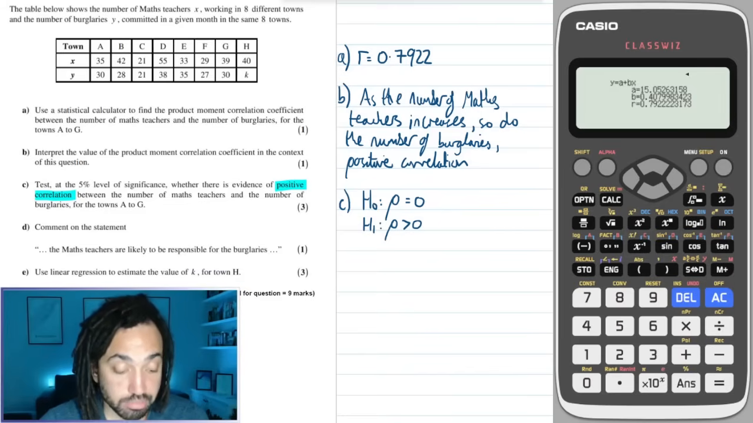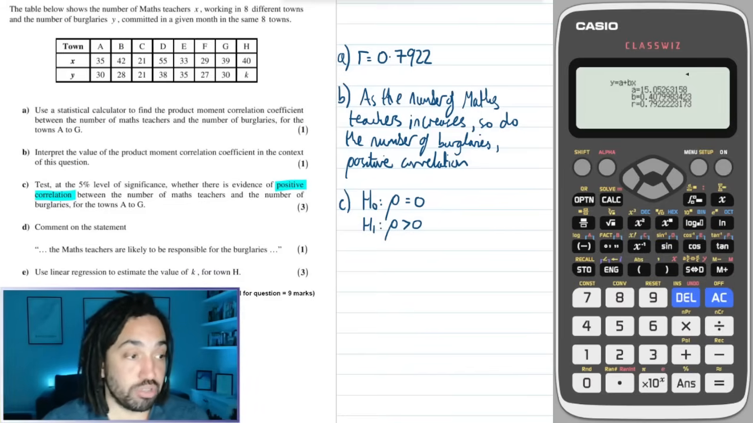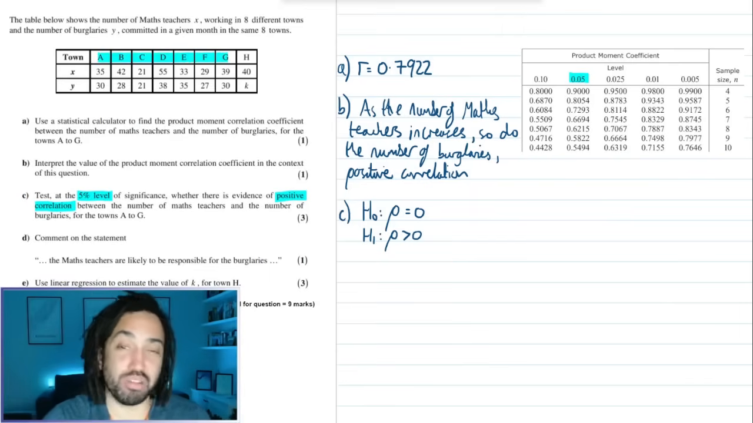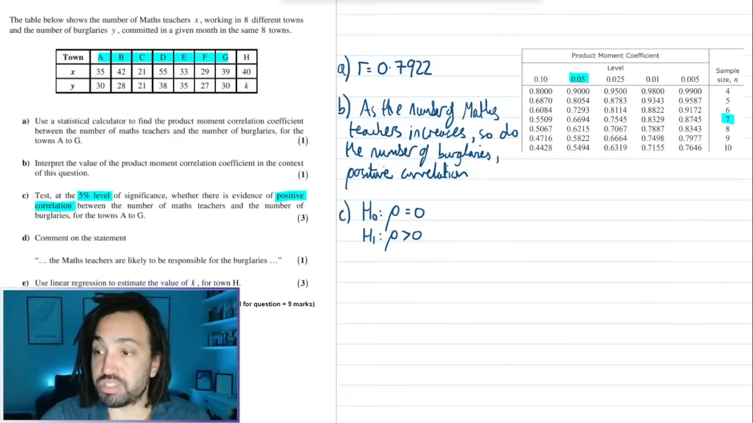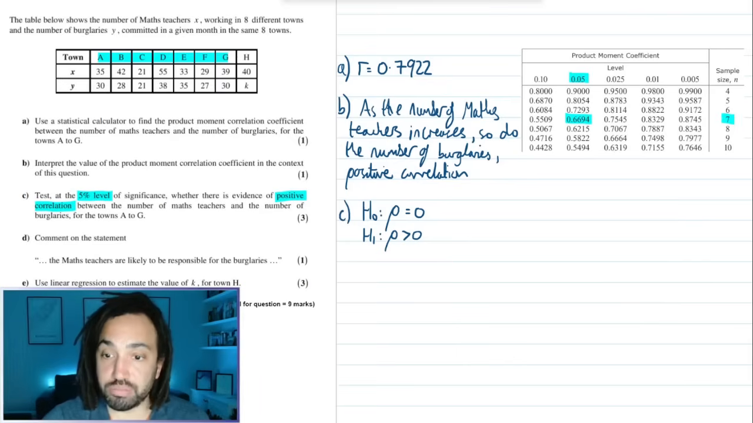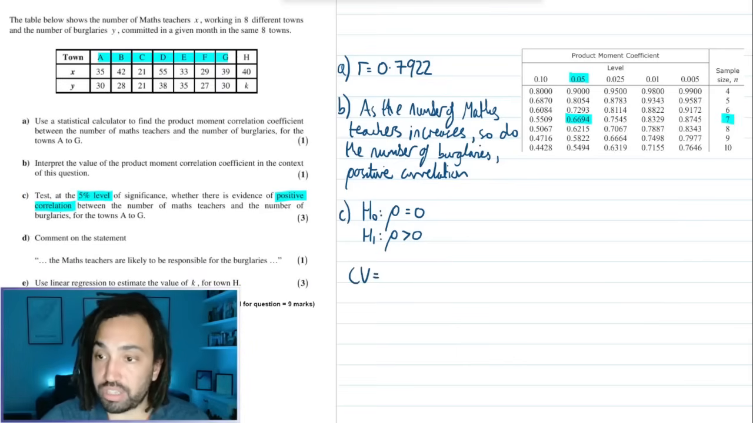Okay, so the next thing to do is we need to find our critical value. So I'll go to my tables. Okay, so here are the tables, and we are testing at the 5% level. So I need to use that column, and even though we've got 8 bits of data, we actually only use 7 because we use from A all the way to G. We didn't use H. We don't actually know that bit of data. So yes, 7. And going along, this is our critical value. So I would write the critical value is equal to